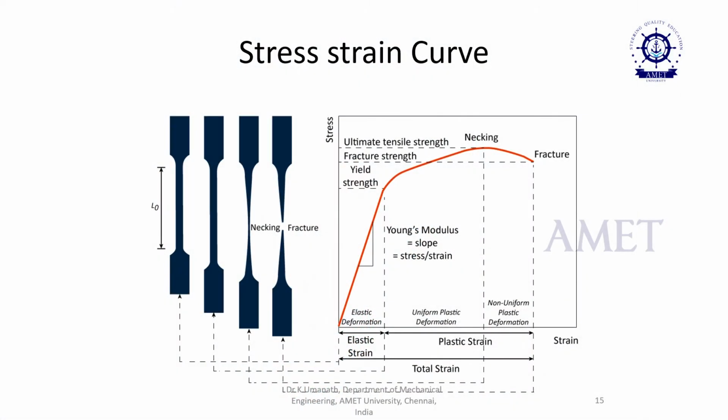In the first part, the elastic component, the metal regains its original position after the load is removed. After that comes uniform plastic deformation, where the deformation and the contraction of the metal are very uniform up to this limit. After that is the fracture region, non-uniform plastic deformation, after the necking part, where the behavior differs. So the dimensions should not be measured after this deformation.